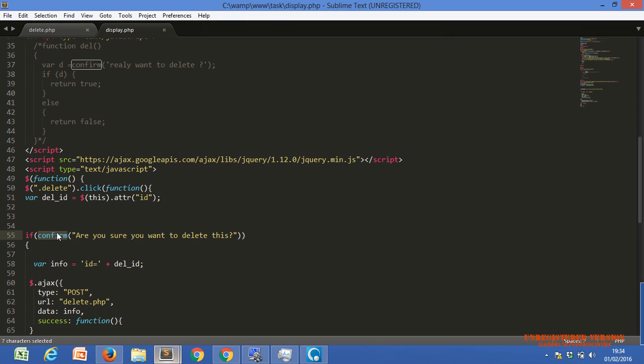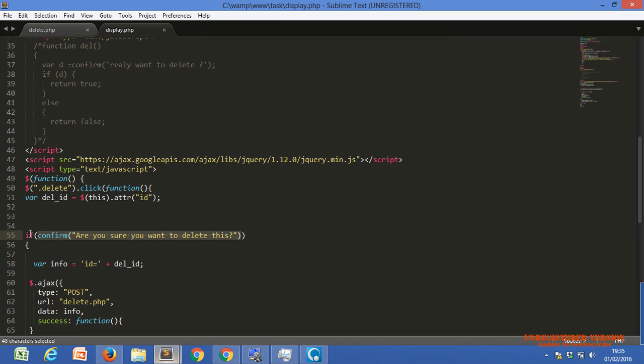Okay, Nazar and Khushi, do you understand? We already saw this confirmation box. Whenever this code executes, it shows you one pop-up on the browser. Whenever we click on OK, it returns true. And if we click on Cancel, then it returns false.